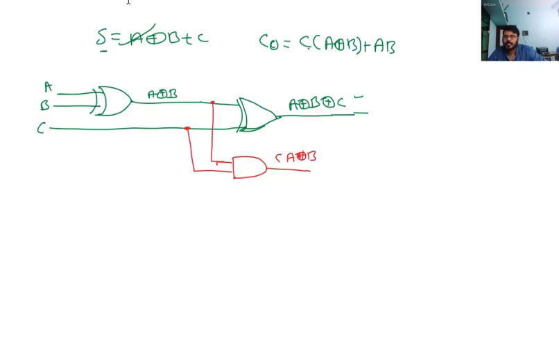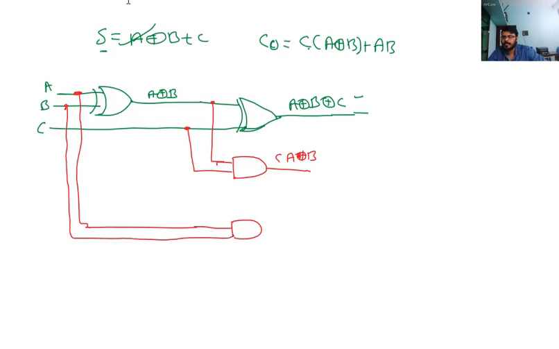Okay. Now what do you need? You need A into B. So I used another AND gate here. Another AND gate. Now to this AND gate, A into B must come, so we need connections for A and B. So we have A here, then B is here. Then this AND gate will give you A into B.